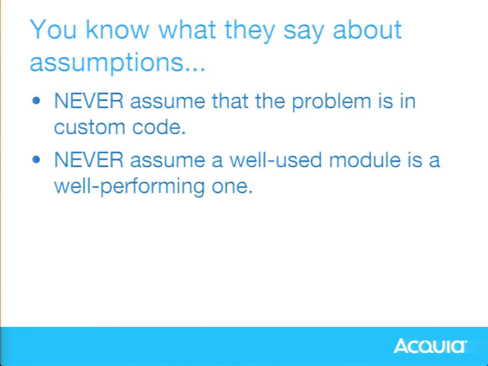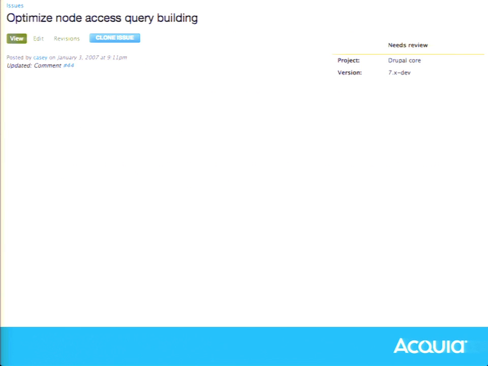So you never know. You never know what's hiding in modules or what's hiding in Drupal core for your use case. If you're really working on large, high-performance sites, most of Drupal does not really account for that in very intelligent ways. So a few examples here. If it's a performance problem, it could actually be Drupal. It may not be you. It could be Drupal core. It could be Views. It could be some big module out there that you assume, well, everyone else uses it, so it must not run into these problems. So just a few examples here of